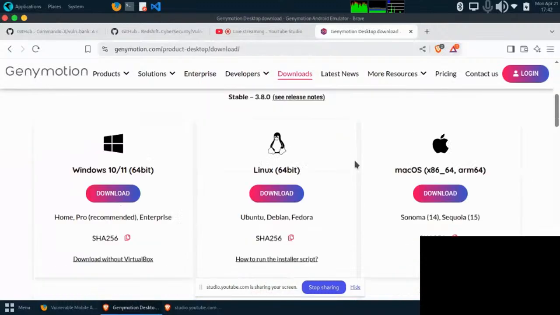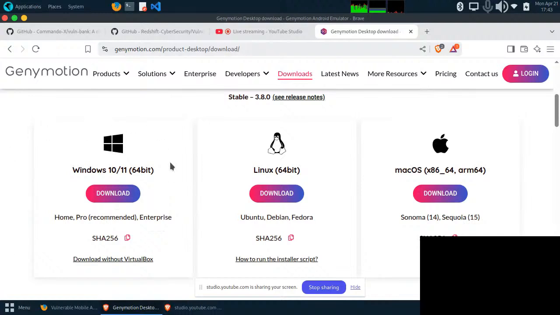So then you select the platform that you want to download Genymotion on. If you're using Windows, just go ahead to download. It is very straightforward. If you're using Linux, it is the same thing. If you're using Mac OS, MacBook, it is also the same. Because of time, I won't go into details of how we can download and register and all of those things. You can always get YouTube videos that will walk you through how you can set up